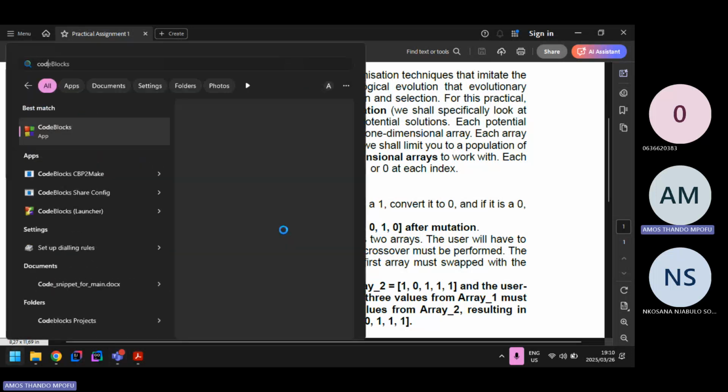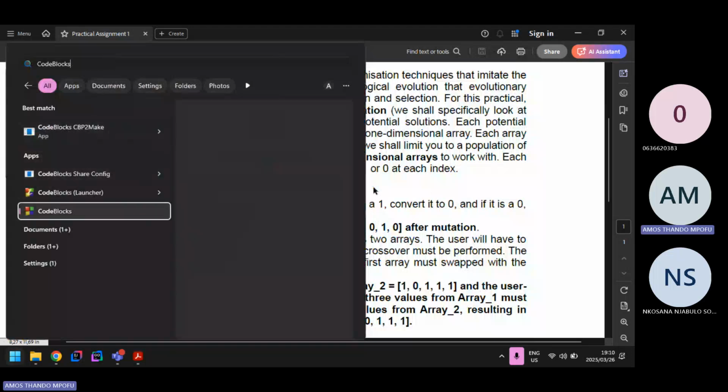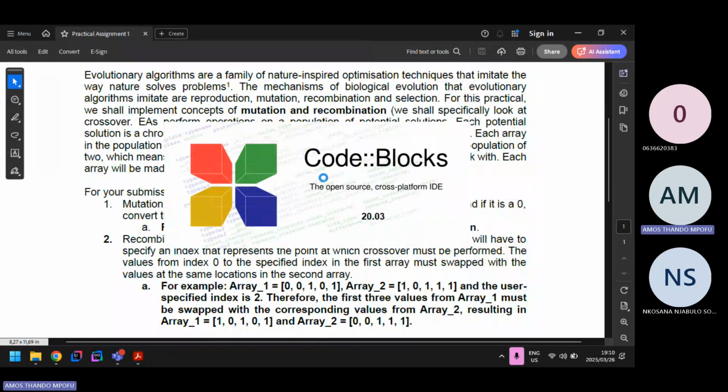So I'm going to open Code::Blocks. I will make my own example, right? So in Code::Blocks, I'll use my own example. I don't know what example I'm going to use. Okay, I'm gonna have